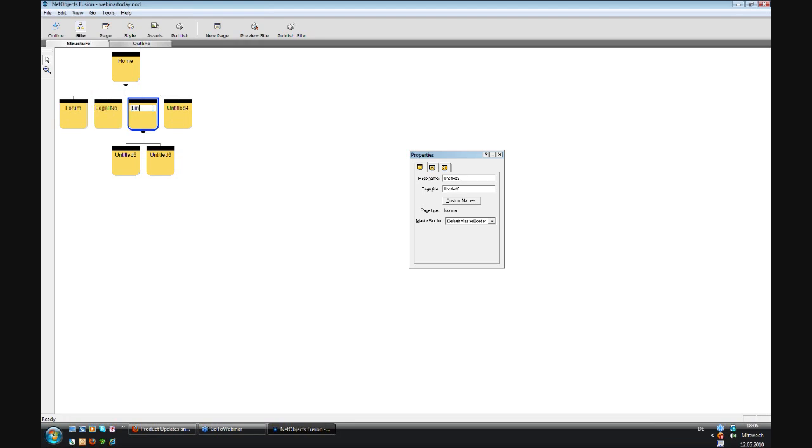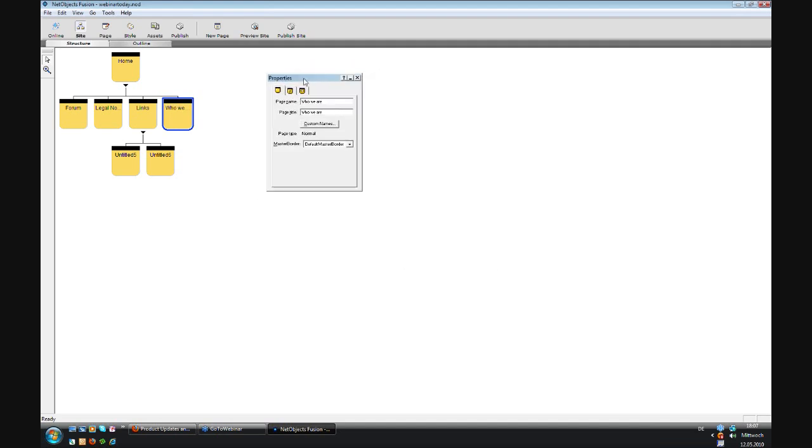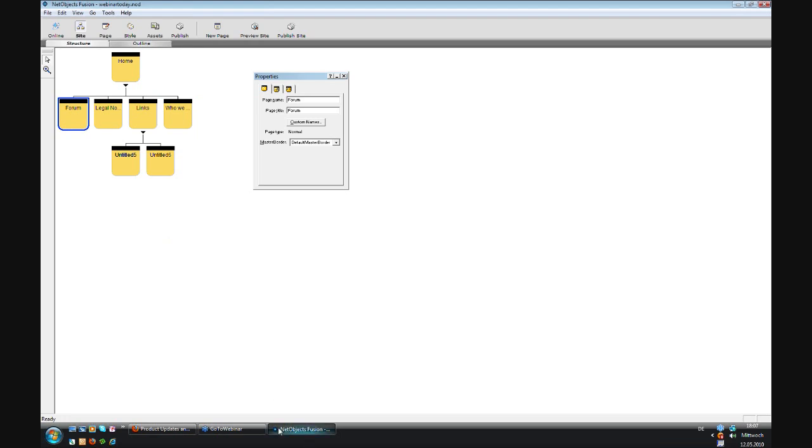we'll make links, and we make who we are. Here you can see the property windows, and important is that at page title you add something more than just the page name, because this page title is shown here in the top and at the start bar. So when it's just called forum, it's not looking very good. So you should maybe add your team name or your company name,